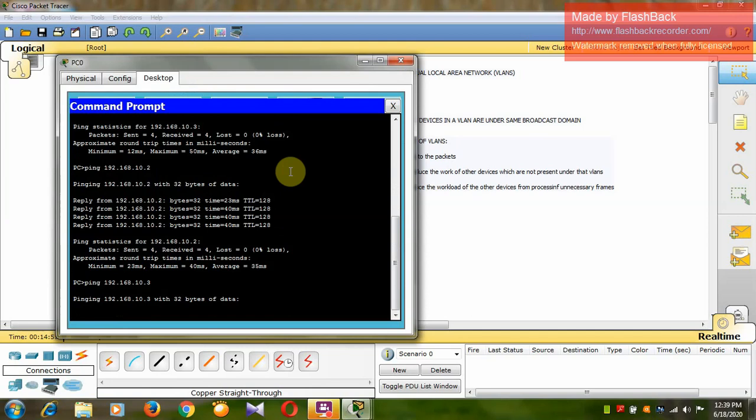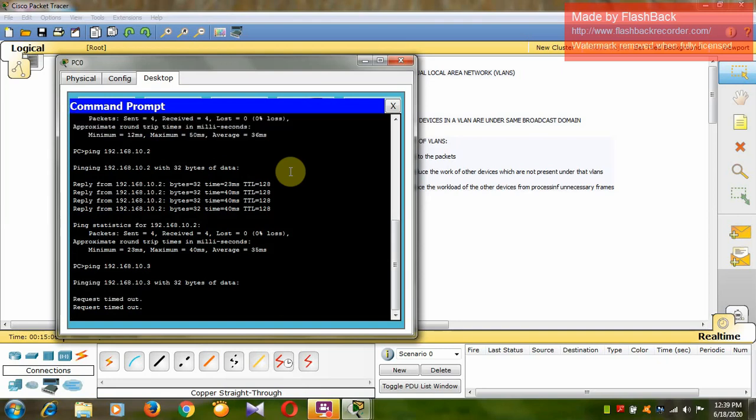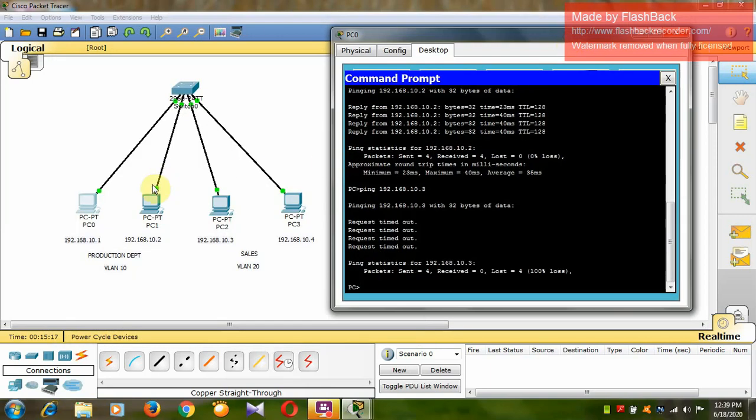You can see that even though these ports belong to the same network, that is the 192.168.10 network, they are not communicating with each other. This is the power of VLANs. That means whichever information these two PCs are communicating will be limited to these PCs only. That information is not passed to the other department, that is the sales department.